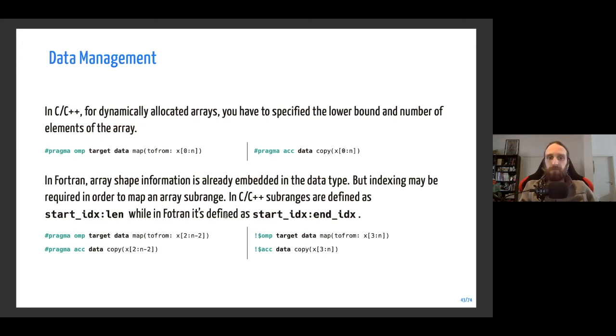However, if you want to copy a sub-array, a sub-range of this array, then you use exactly the same syntax, but in C++ it's the starting index plus the length as the second argument. In Fortran, to be consistent with the language convention, it's start index and end index. So it's not the length of the array that is specified if you want a sub-range in Fortran.